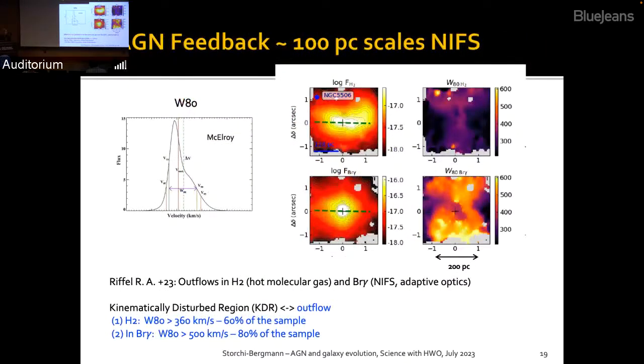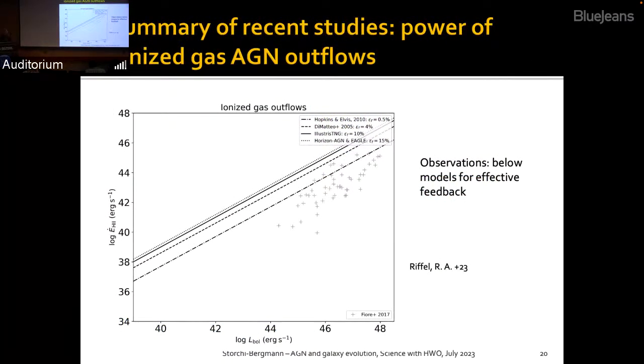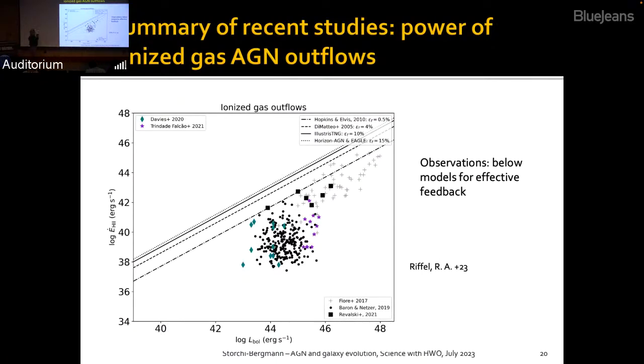We have also studied outflows with NIFS, and we could find outflows in the molecular hydrogen and in Brackett gamma. In molecular hydrogen in 60% of the sample, and in Brackett gamma 80% of the sample. And we did several other studies looking for inflows and outflows, and the outflows are summarized here. So we did several studies of outflows,